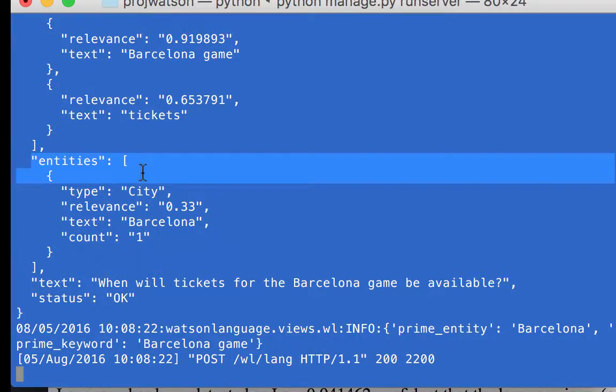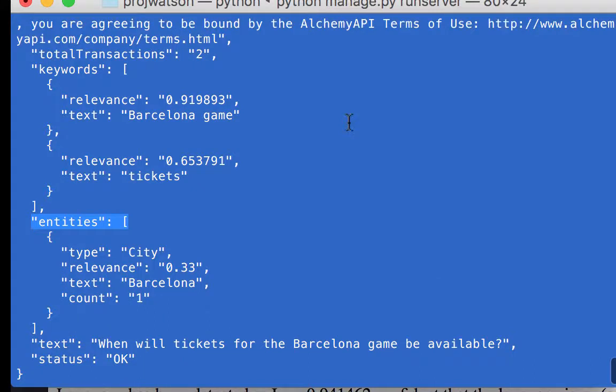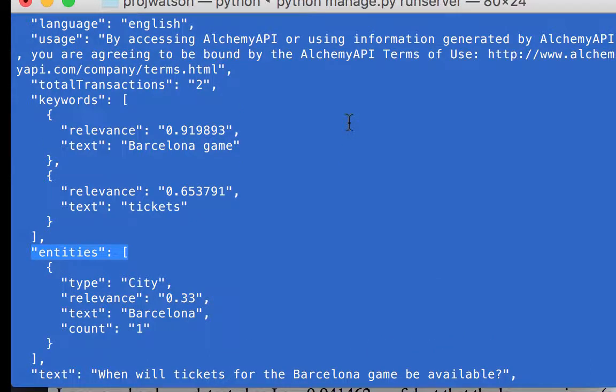There is only one entity, and this is the difference between keywords and entities. Keywords are nouns that have been detected in the phrase. For entities, we have more information available that can be fetched. So for Barcelona, it's been identified as a city, and if there was some more information, Wikipedia information, that would be included here. If your application is not detecting the entities, you can create your own entity map using the